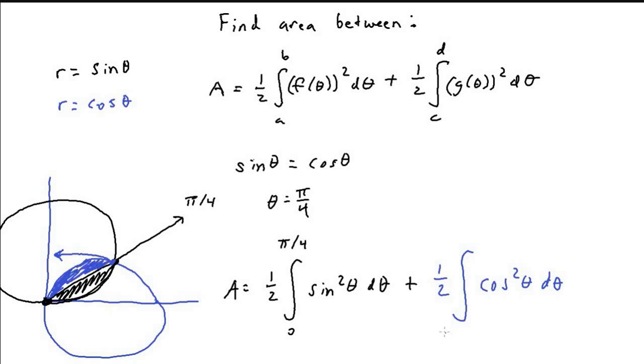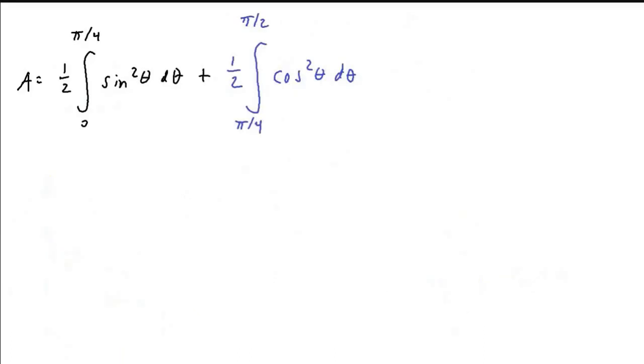So we're going to go from pi over 4 to pi over 2 of cosine squared theta. So now that we have the formula, let's first start out by integrating sine squared theta. In order to make it easy to integrate, we must use the half angle formula. So we can rewrite sine squared of theta